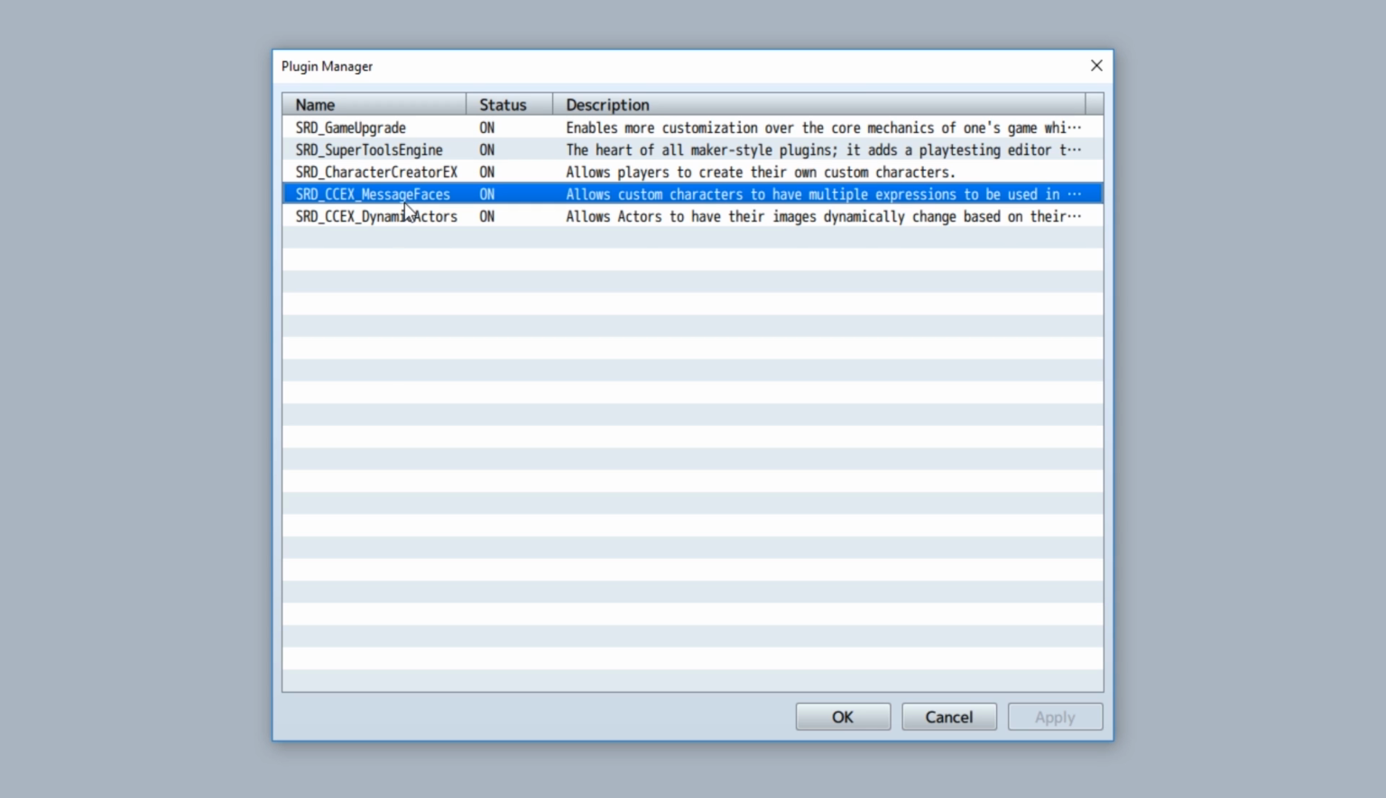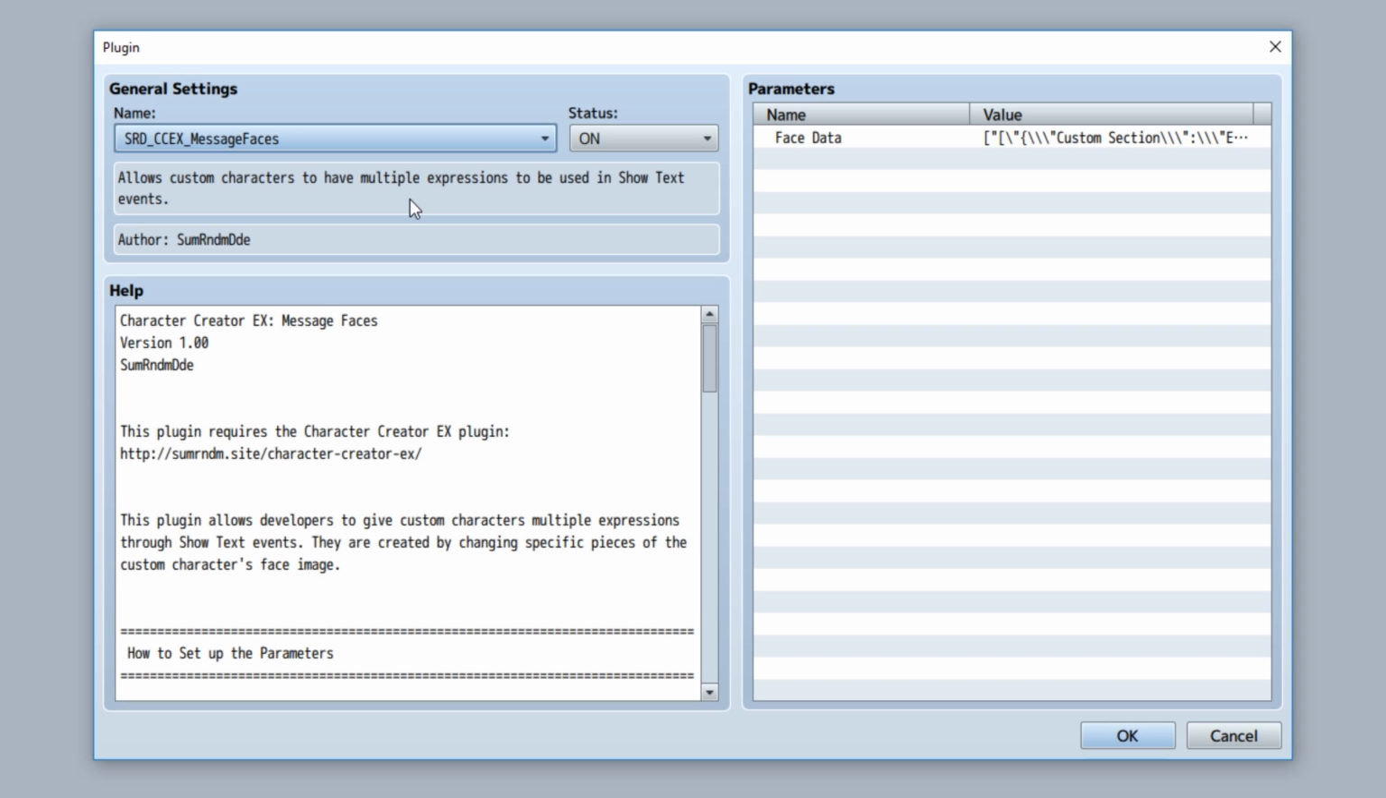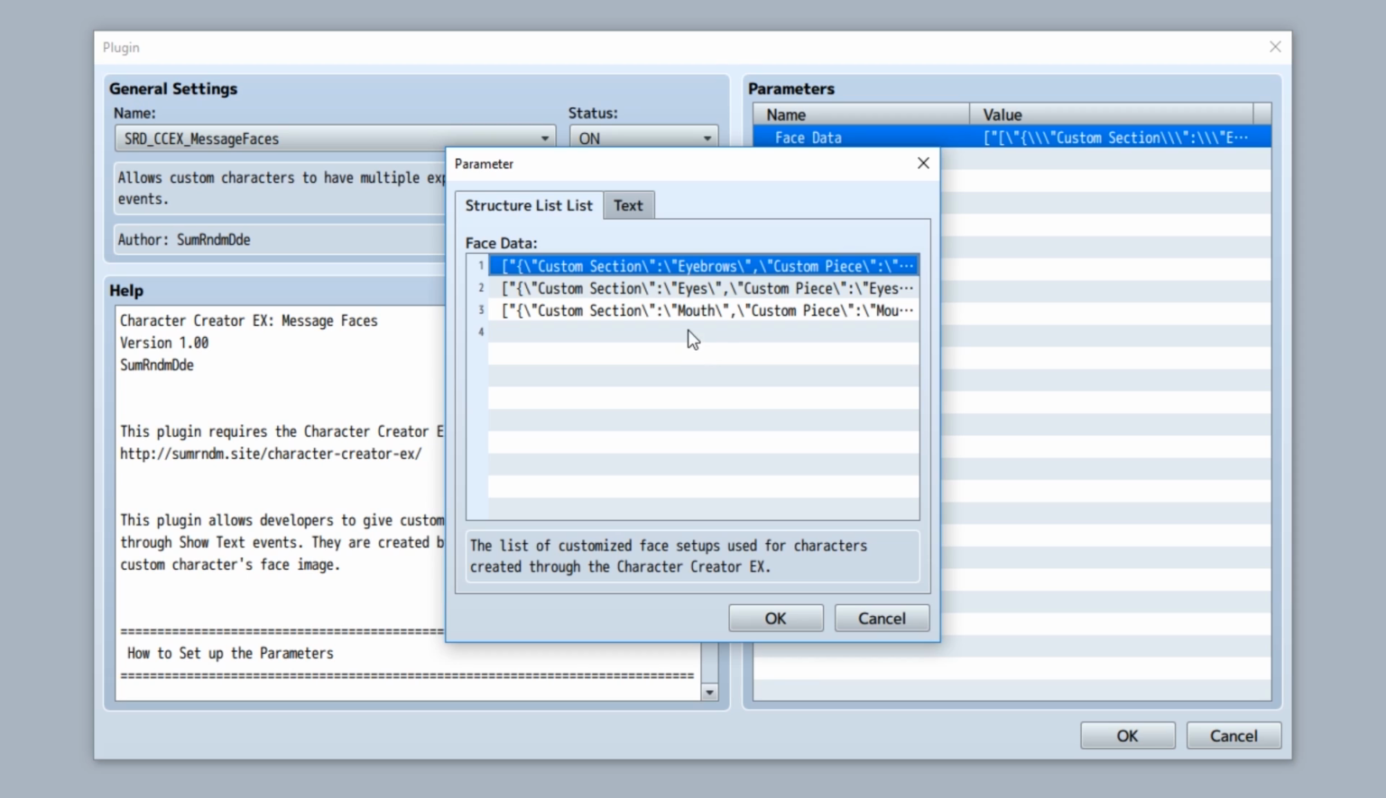Now let's move on to message faces. Custom message faces. Message faces allows you to set up more expressions for your custom characters in dialogue than normal. To do so, you just simply open up the face data thing right here, which allows you to customize specific setups for specific faces. For example, this one right here, face data number 1, is going to open up this,